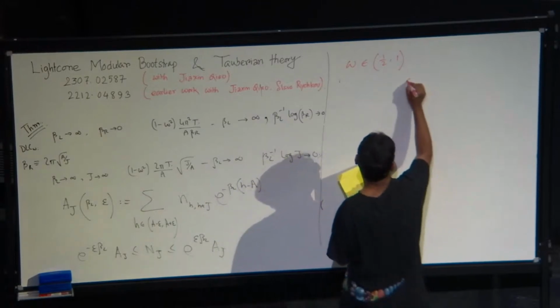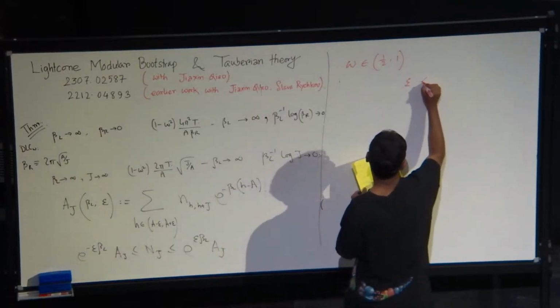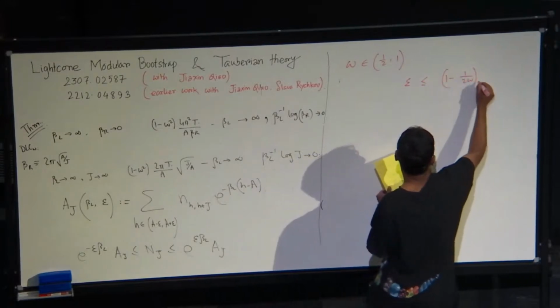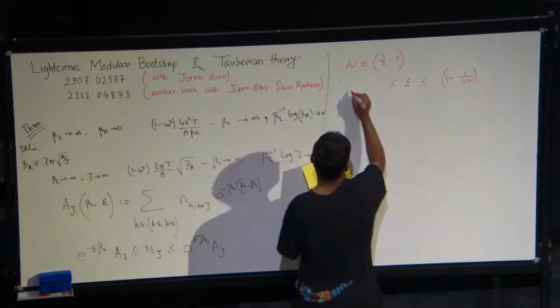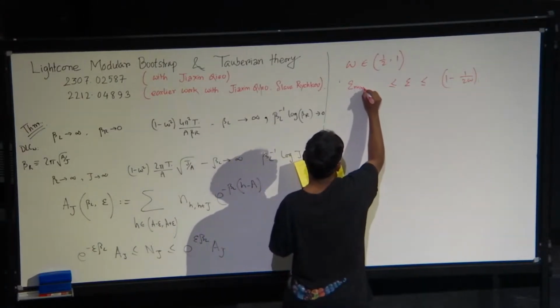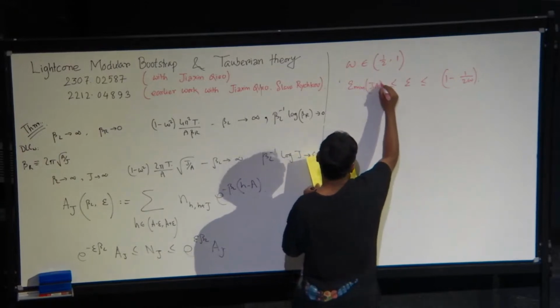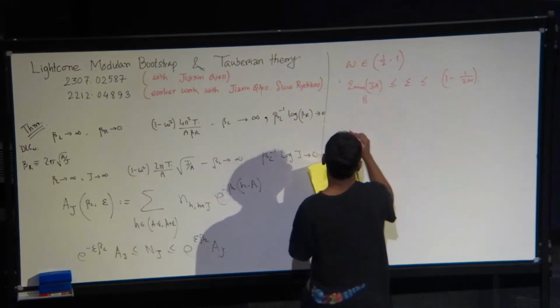We should not say pick, this epsilon should be in the range which is 1 minus 1 over 2w, and from below it should be some epsilon min, which can depend on j and a, and this thing is given by